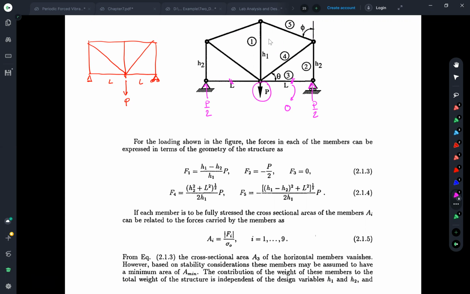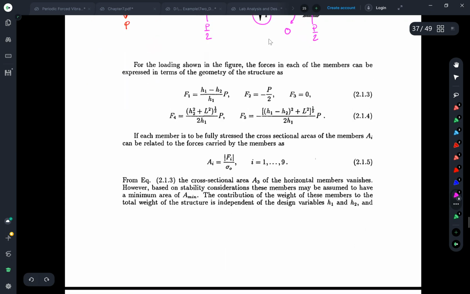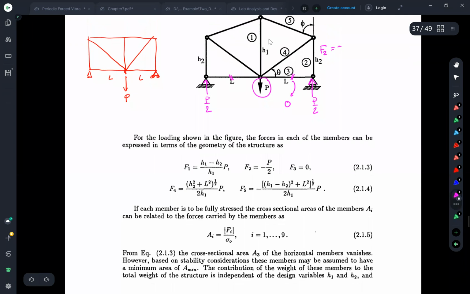So the internal force, this one, F2, is going to be a compression force. Let's say compression is a minus here. It's compression P over 2, right? And from this, I believe that you can have the equilibriums. I'm sorry, if it's a compression, I can draw the thing like this, and I assume